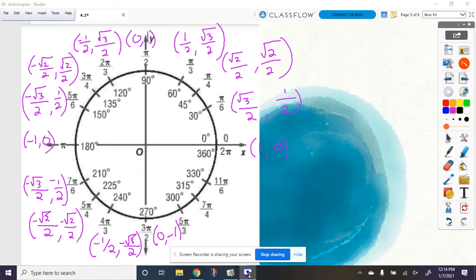Okay, so we decided that our 300 is going to be the same as a what? 60. Agreed. So that means that it's going to be 1/2, negative square root of 3 over 2. Agreed. So 1/2 comma negative square root of 3 over 2, because this time our y values are going to be negative. Our 7 pi over 4 is going to be the same as, so, square root of 2 over 2,